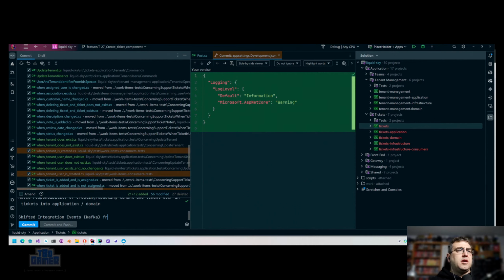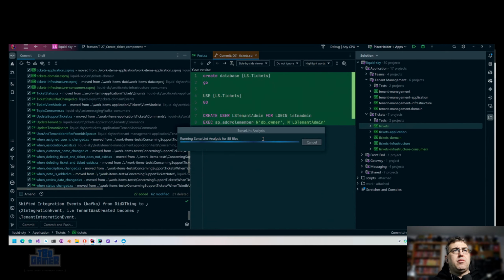Events from did X thing to X thing X. Integration event, i.e. tenant was created becomes, because again the goal there will be to publish the data that I feel the rest of the system cares about. So we'll get around to user afterwards. That's enough for now. We don't need to write